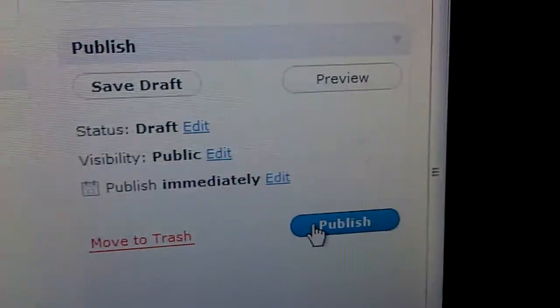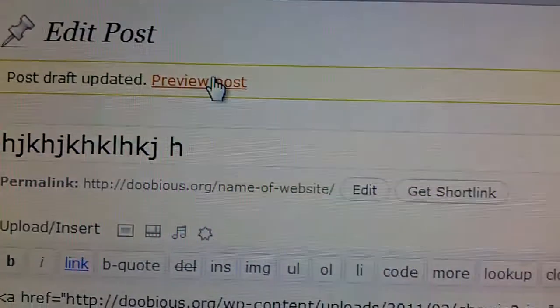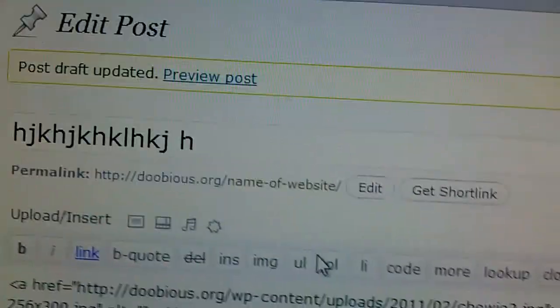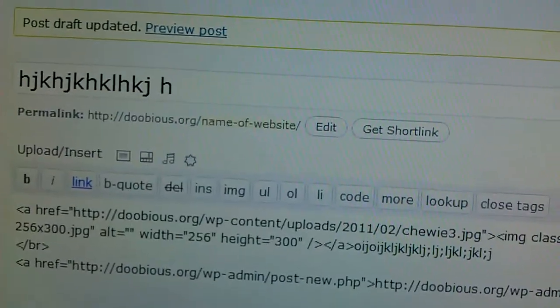When you are finished, you can just hit Publish right there. Once you do hit Publish, a little Preview Post button will come up right here, and you can check and see what your post looks like. Pretty much that's a breakdown of everything. Oh, when you are adding or embedding video,